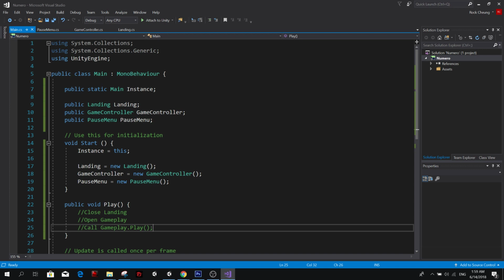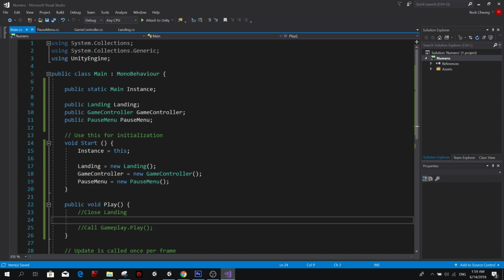Something like that. Or even just call this and gameplay will turn on itself, because it has its own functions. So let's do it like that.